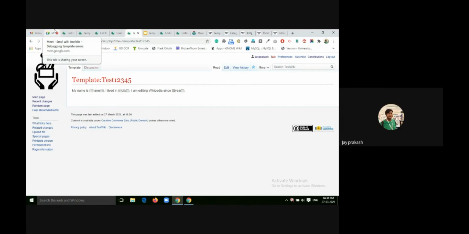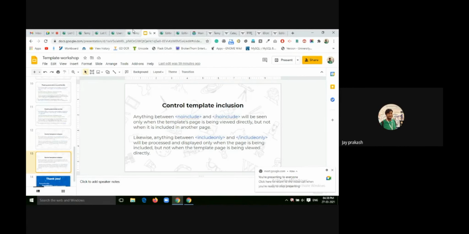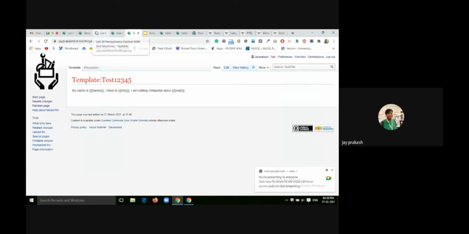So now we should move forward to the debugging of templates. The common errors every time were two: one related to parameter passing, and the second related to Lua templates.